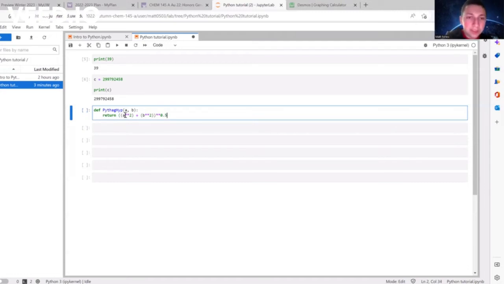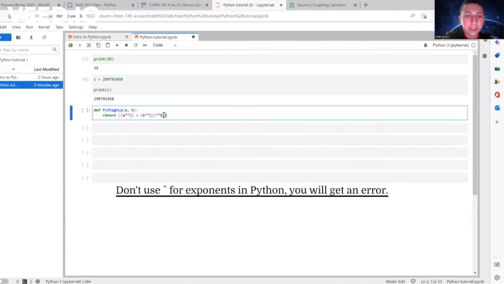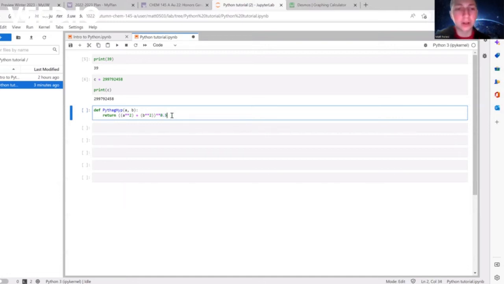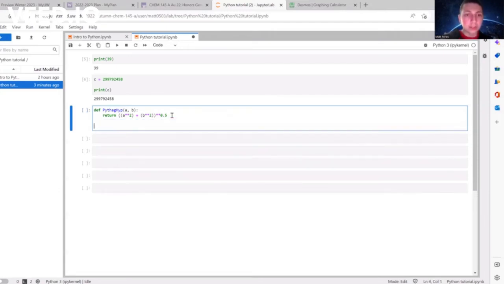These double asterisks mean exponents, so this is the notation to use for exponents in Python. I'm using exponent 0.5 to do the square root, which is just taking it to the power of 1/2, which is the same thing as square rooting it. And so we've defined this function of two variables.